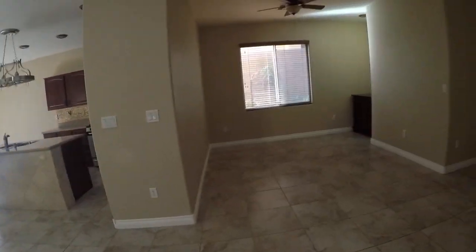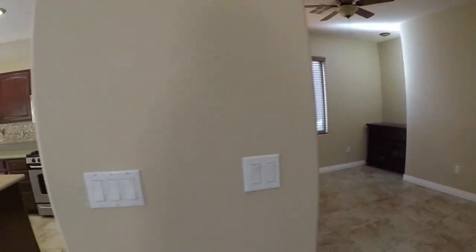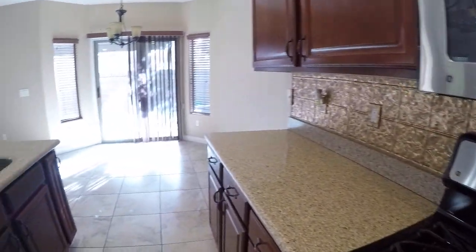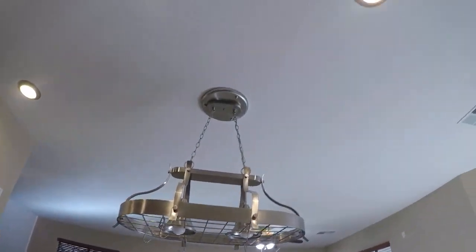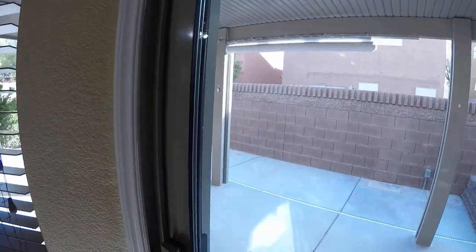So the tile looks great. It's all throughout the first floor. Cabinets look great. It's not an undermount sink, but everything looks good overall. There's a little...